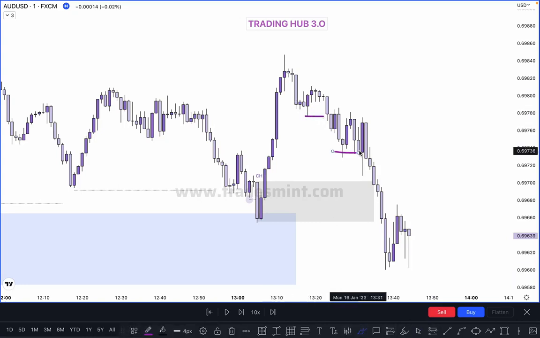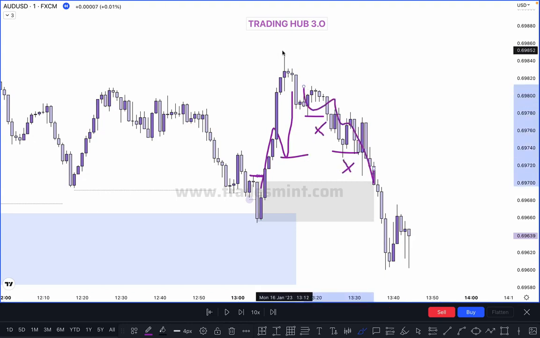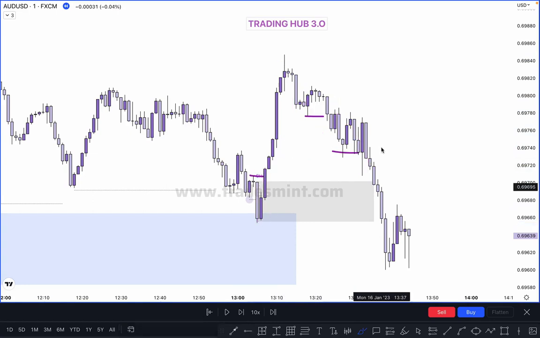Inducement is not on the right side. Inducement is always on the broken side. This side is the broken structure, so you will see the inducement on this side. Okay, this is not inducement. These are not inducement. These are internal structure between this high and this low. So it means this is not a valid structure for a buy, and you don't need to buy here